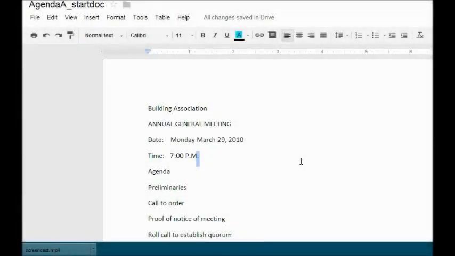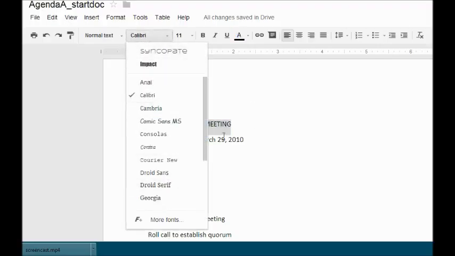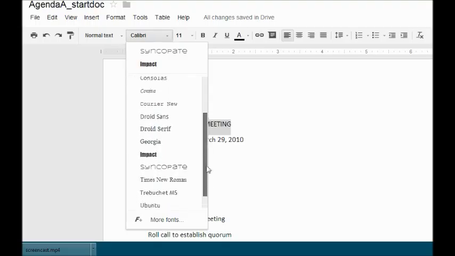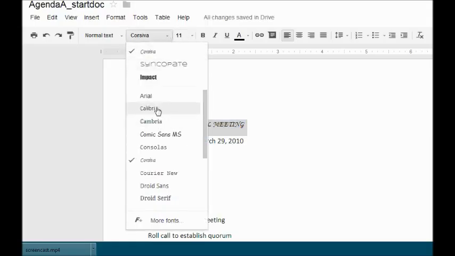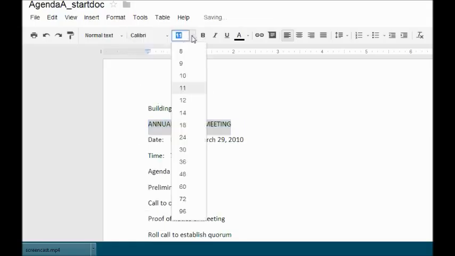Number 8, how do you change font type, size, and color? So we can select some text here. So font type is right here. You can see there's only about a dozen, maybe 15 or 18 different choices. Okay. Remember, that's a little hard to read, so we may not want to choose that. There we go. Font size